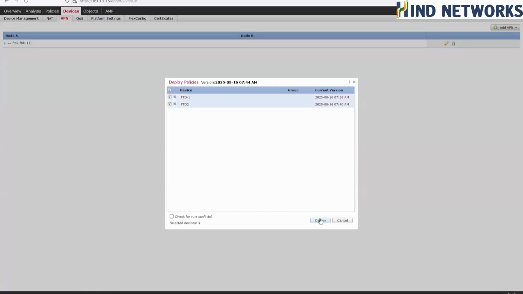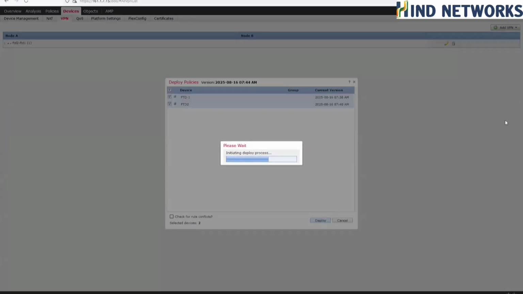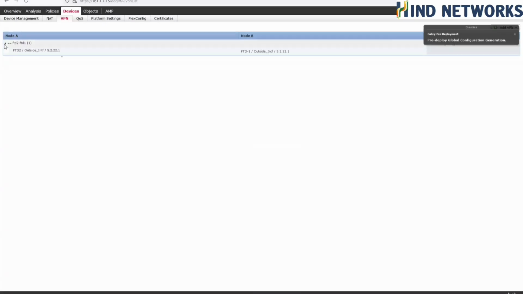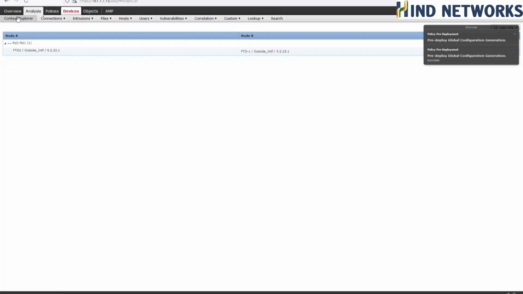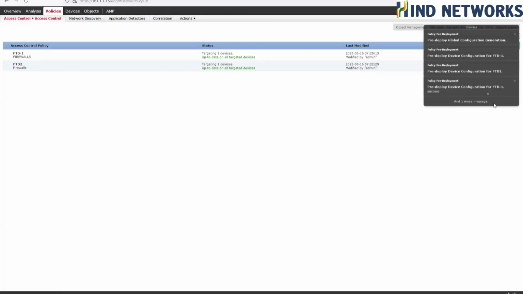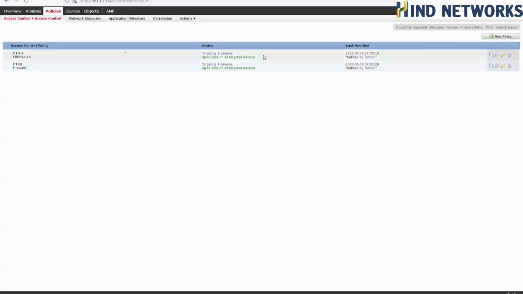Select both the firewalls, and then click deploy. Okay, the configuration has been generated there. But a firewall will actually do nothing until the policies are configured. Okay, so let's go ahead and configure the policies, the access control policies for them. Dismiss. Okay, so let's configure the policies for